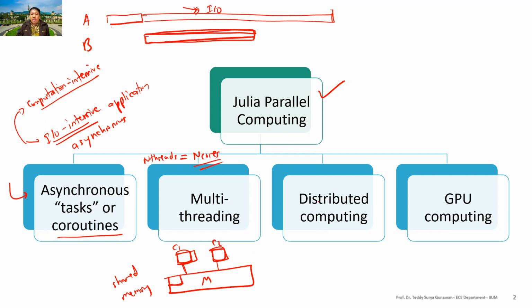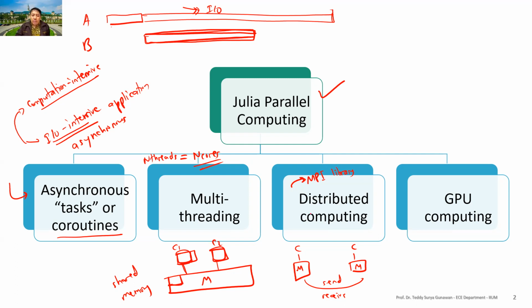Distributed computing is where you have a core and its own memory. That's why it is called distributed memory. The memory is distributed, so you need to have explicit send and receive operations. Here the popular choice is the MPI library, the Message Passing Interface library. This is the standard library for cluster computing.